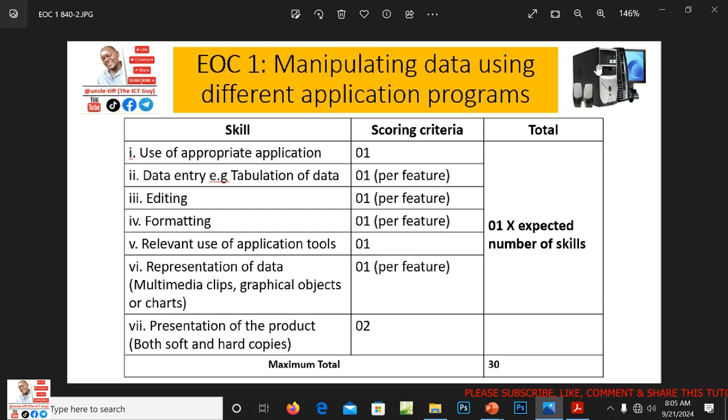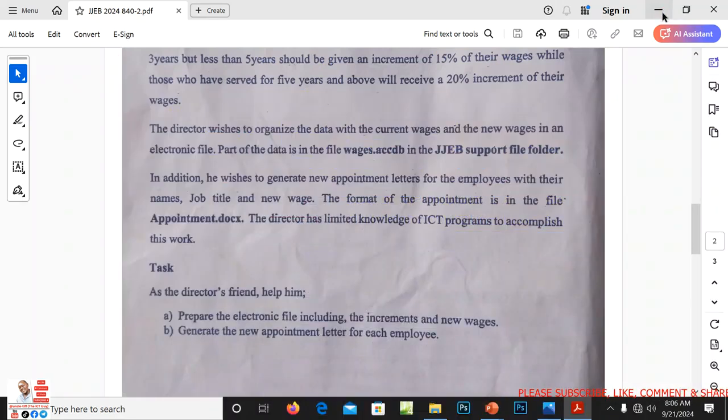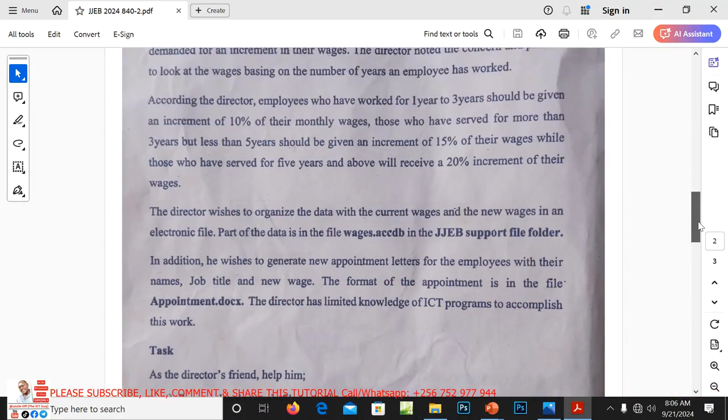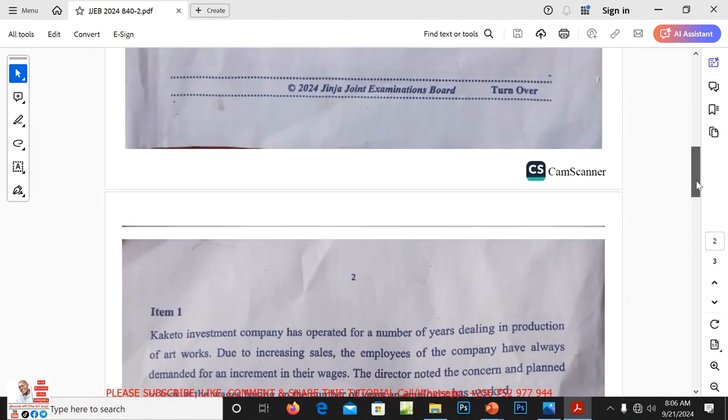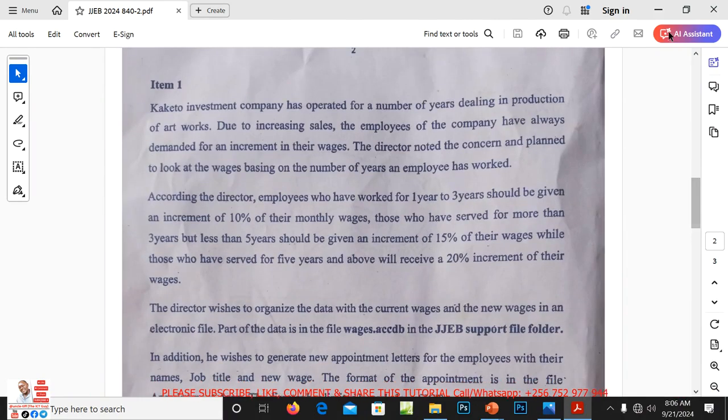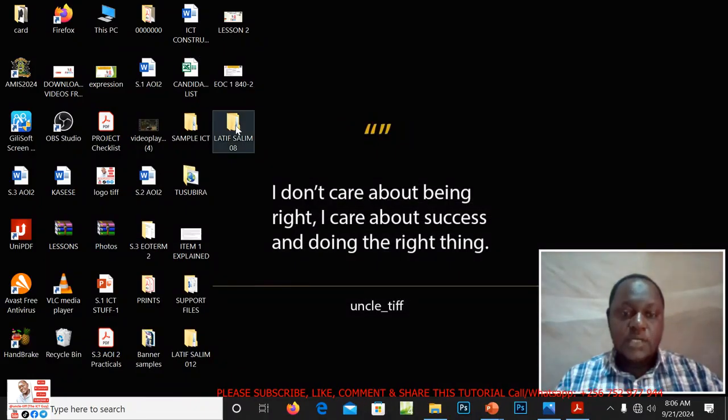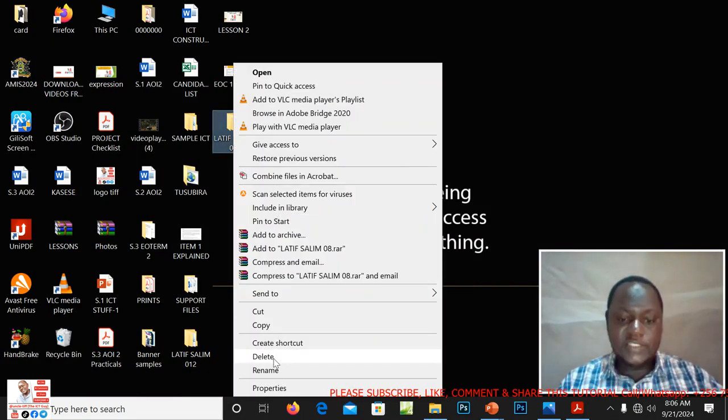So without wasting a lot of time, I think we can dive in to what we need to do for such an item. I've already created my folder, or let me just create a new folder here.